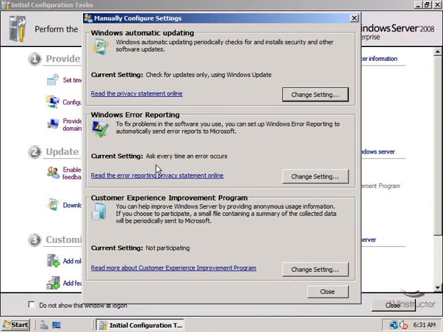The next step here is to configure Windows error reporting, and this is where we can tell Windows to send Microsoft details about what's happening on our system when we encounter an error, and application crashes and things like that. Now the deal is that Microsoft will supposedly collate all of these error reports and possibly be able to fix them if enough people are experiencing the same problem. Now personally, I'm not a big fan of this type of thing because I don't like sending my information about my systems to outsiders, particularly data from my production systems. Although I will say that Microsoft do tell you that no personal data will be sent,